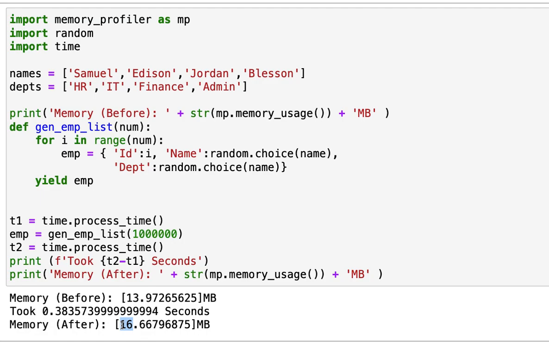So unless and until I go and ask for it, the generator will never provide me the values. That is the reason why it is taking very little space in MB, right? So it just passes it and waits for your instruction. You give next, it goes and fetches the value, or you give a loop, it goes and fetches the value. Unless and until you give some instruction, the generator will never return the entire value to you. So this saves a lot of time and memory for you. Okay,